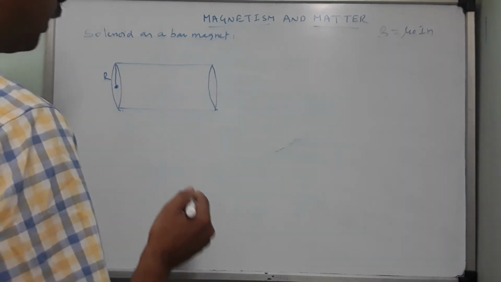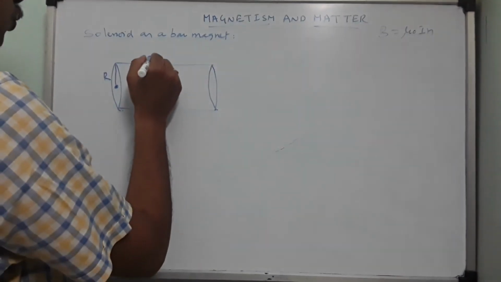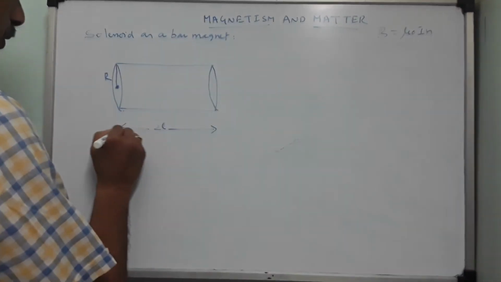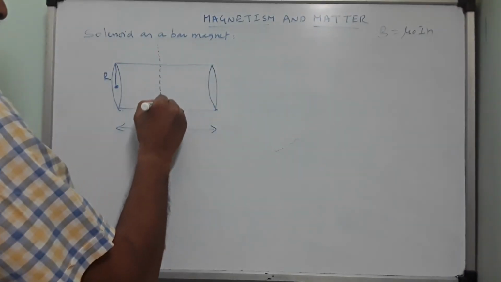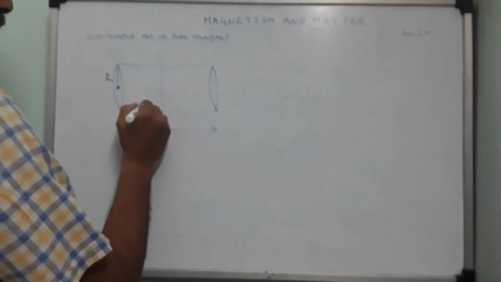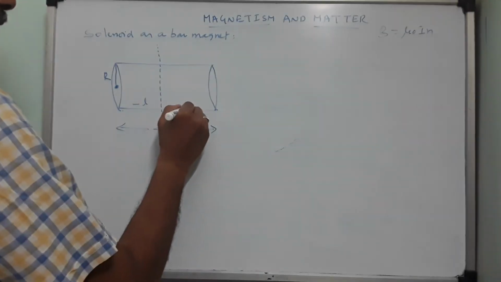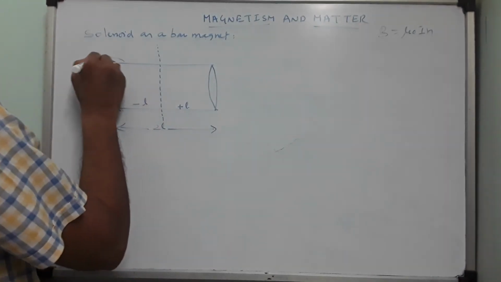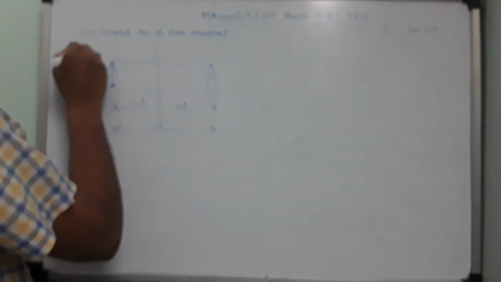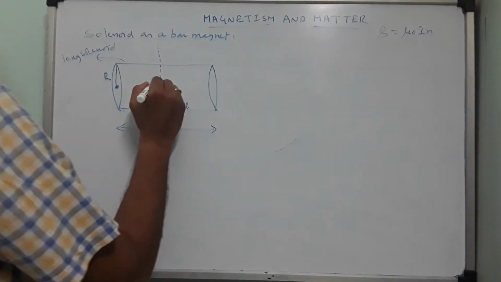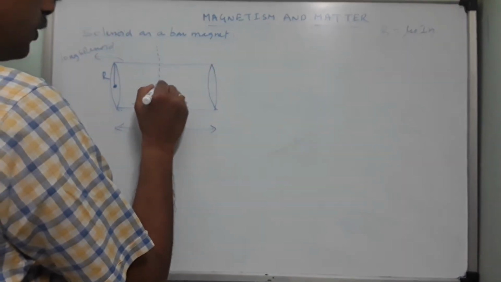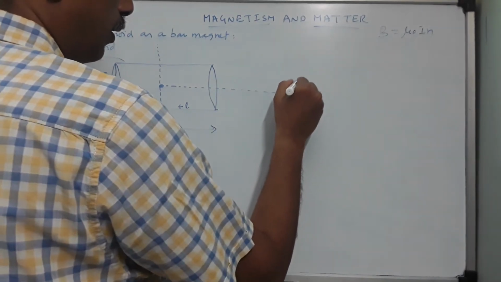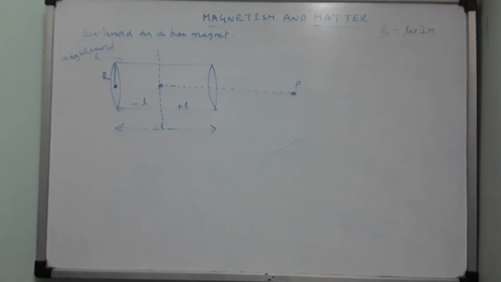Fine. Now instead of taking the length here, children, L, we take it as 2L. So the length of this is 2L. So that this will be the center. So this will be minus L and this will be plus L. Okay. Now from the center of the solenoid, this is a long solenoid. This is the center. From this point, at this point P, I would like to make the calculation for magnetic field.